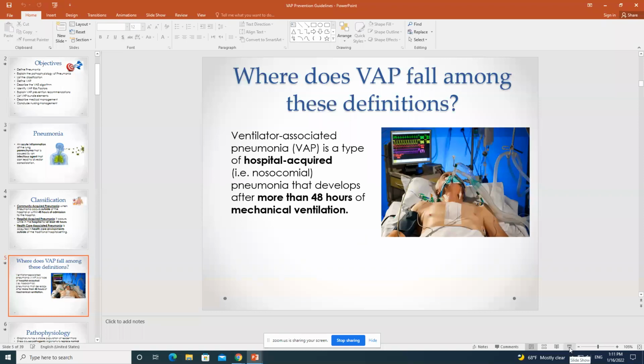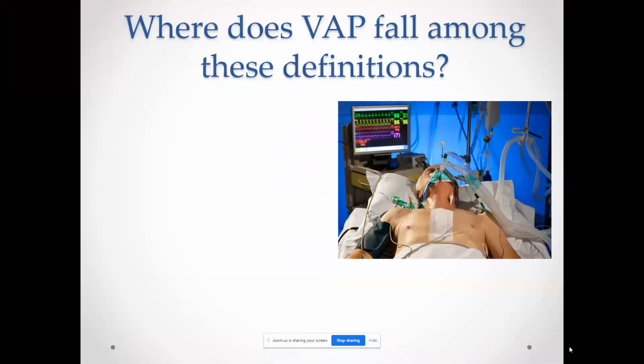As you see here, this is the monitor, this is the patient, and this is the tube. We call it the endotracheal tube. Remember this, ETT, endotracheal tube. And this is the connection, and it will go to a machine. This machine here will deliver oxygen to the patient until it reaches the two lungs.